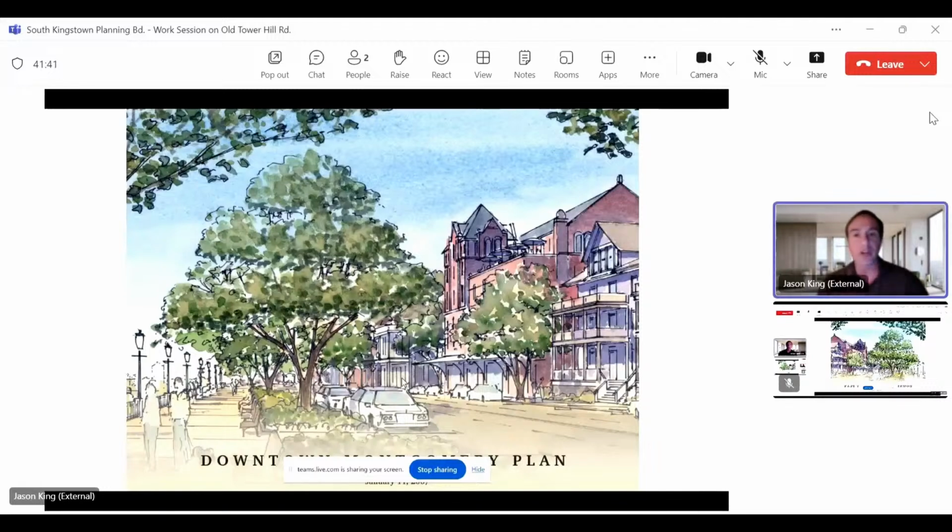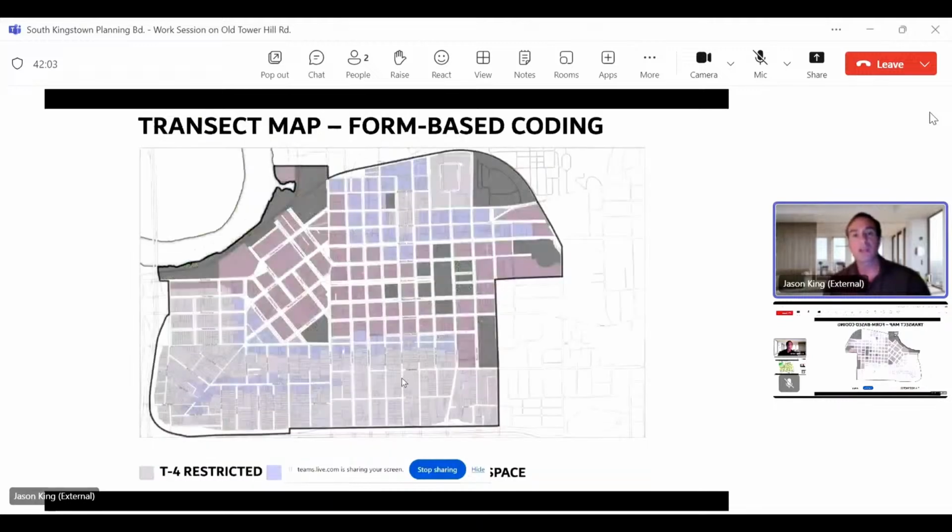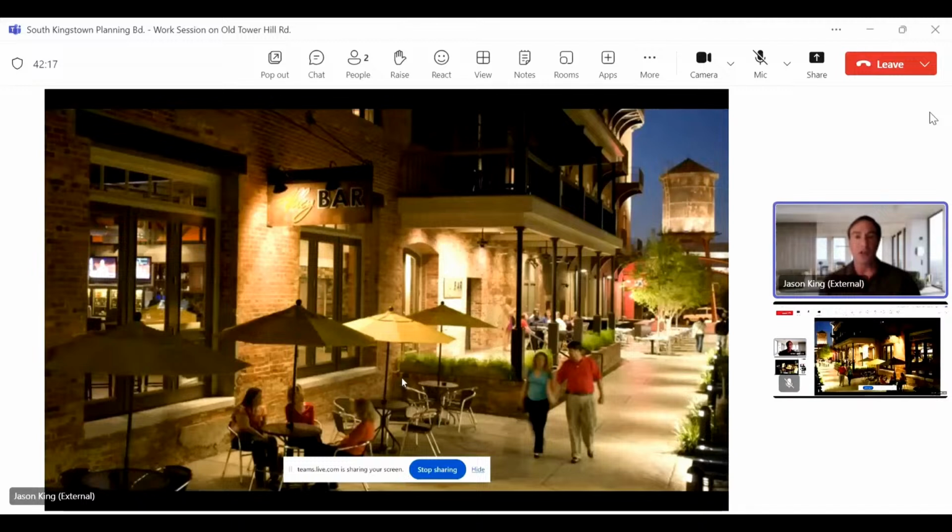one thing about being a planner. I've put in place a lot of plans in a lot of different places, but it's over years, decades of working in a place that you see what works. And I've been working for decades in Montgomery, Alabama. We did a downtown master plan, similar to the master plan that you have, red for new buildings and green for new greens. At the same time that Montgomery adopted their master plan, they also adopted a form-based code. And the purpose of transects are zoning districts. We'll talk about that. And one of the first areas where it hadn't been required for a very long time.